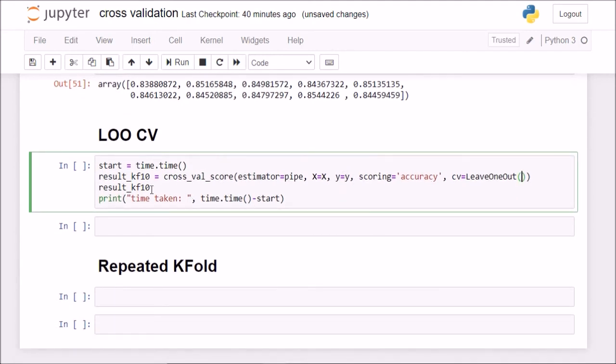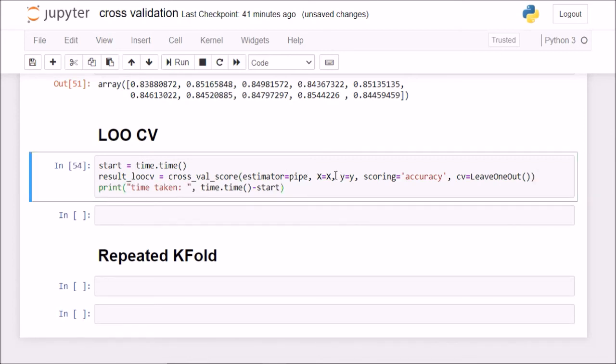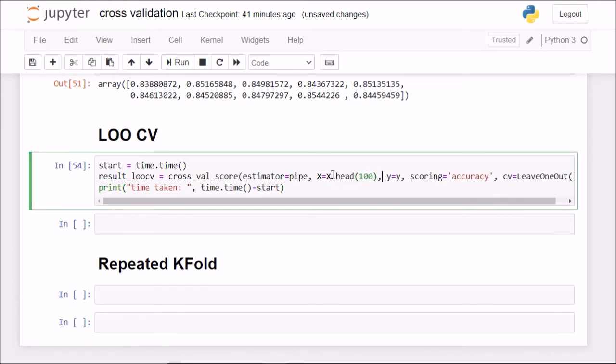So everything else remains the same except this. This is LOOCV, and we do not need this here. Now do you realize how much time it would take to do 32,561 models? So for that, what we can do is simply say I want to do it only for the first 100 records in the dataset, just to save some time.